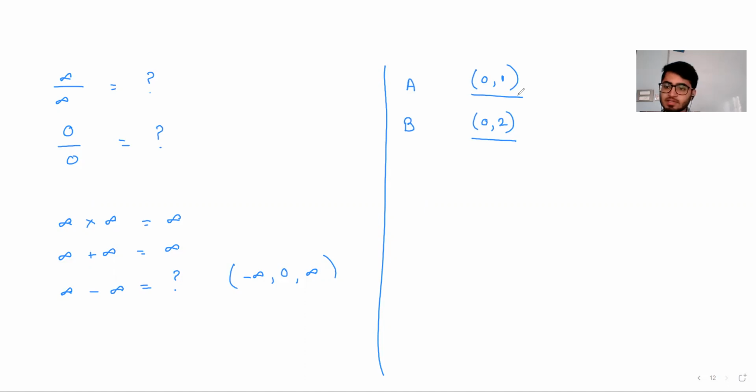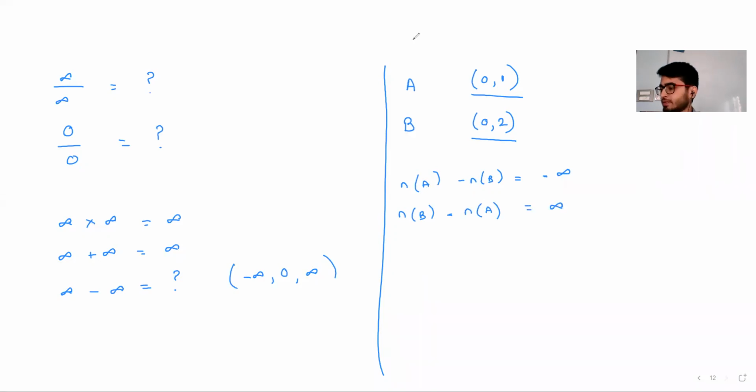Is that something which makes sense to all of you? Both have infinite numbers, but this infinite is greater than this particular infinite. Is this clear to you all? Perfect. So from here, if I try to compute NA, the number of objects in set A, minus NB, then this will be nothing but minus infinite. So both of them have infinite numbers, but if I subtract them, I'll get minus infinite. If I do NB minus NA, this will be plus infinite.